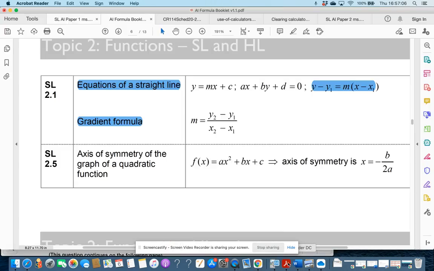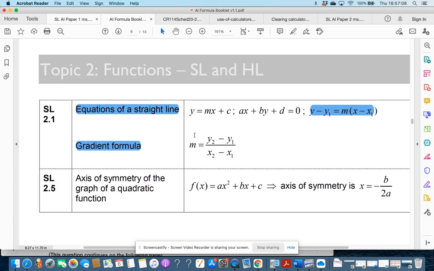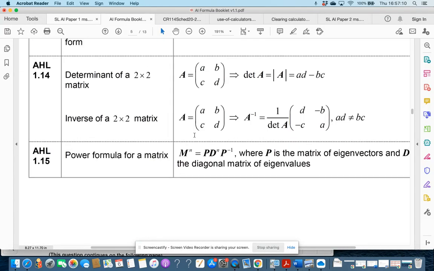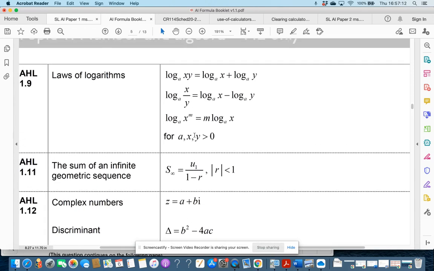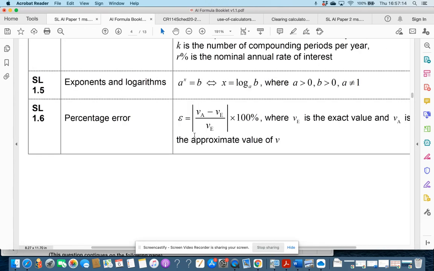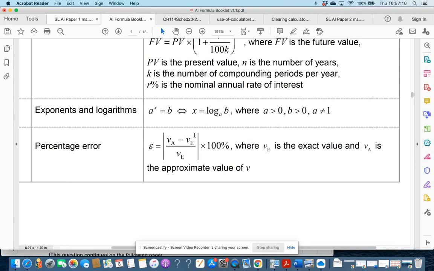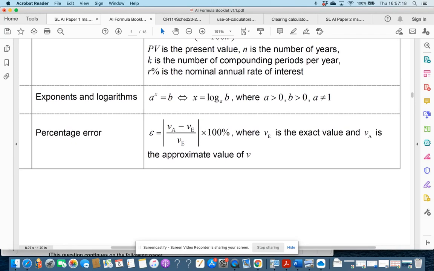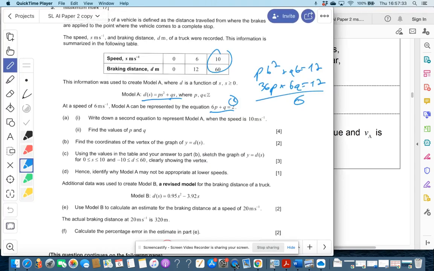Again, I need to use the error formula that's given in topic 1 to figure out the percentage error. And I have these absolute value brackets, basically making this positive, but I could put those in my calculator. So the calculation that I want to write down is going to be